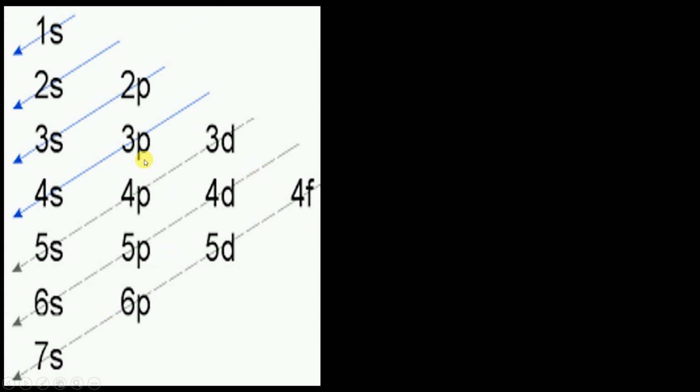See, if you consider the first diagonal, it consists of only one subshell, that is 1s, which means that the 1s subshell has the least energy. Then you move on to the second diagonal. In the second diagonal, there is again only one subshell, which is 2s. So after 1s, 2s is going to have less energy. When you compare 1s and 2s, of course 1s has the least energy. After that, 2s has some more energy.